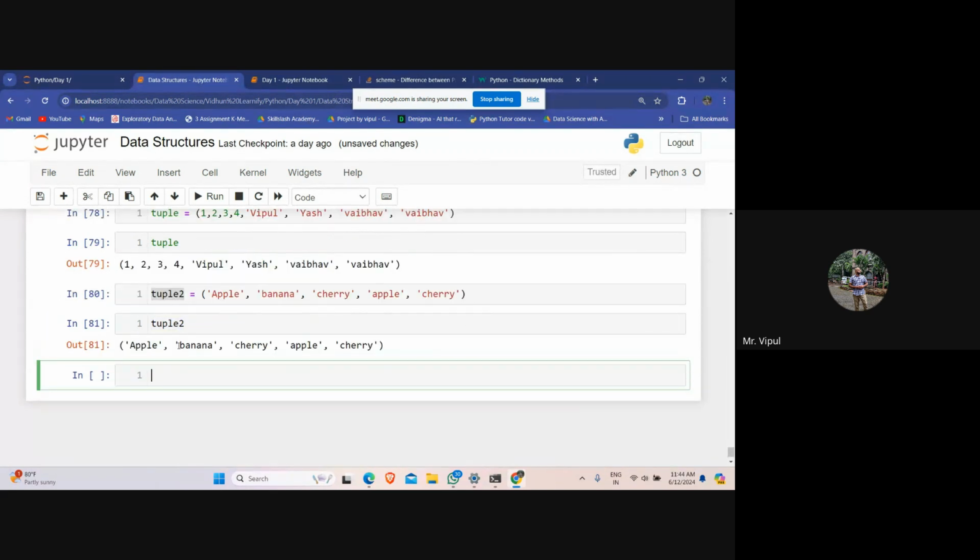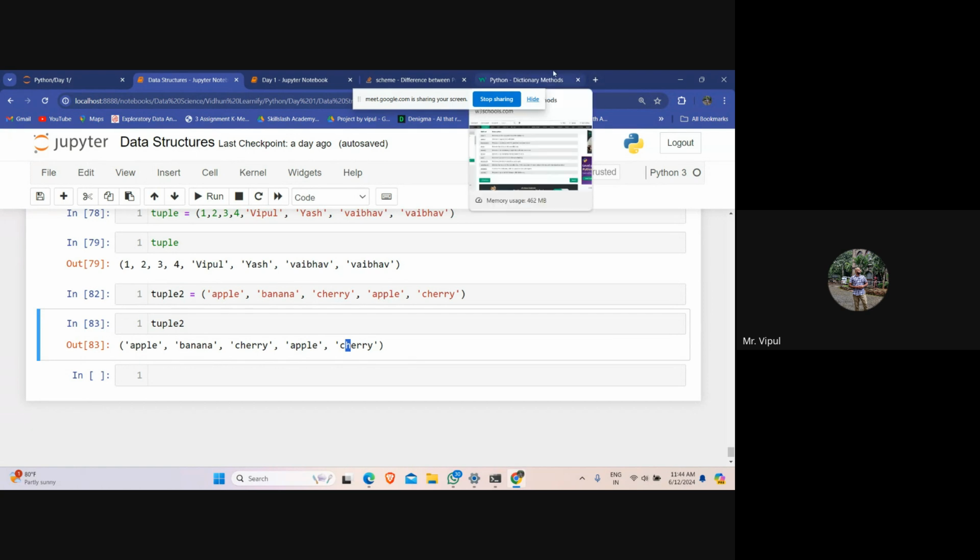You can see we have two apple and two cherry, right? Now we have a constructor to create the tuple as well, which you can do.